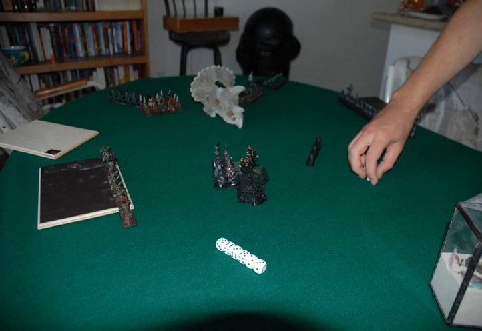So here is another picture. I think I took a few pictures of the same exact turn. You see that big Triceratops skeleton or skull. I sent all of my troops behind that. So in this picture, you can only really see the archers. There's actually a goblin shaman in that archer unit,